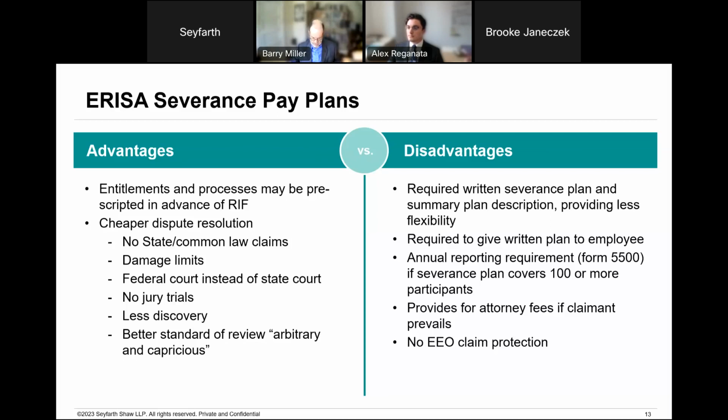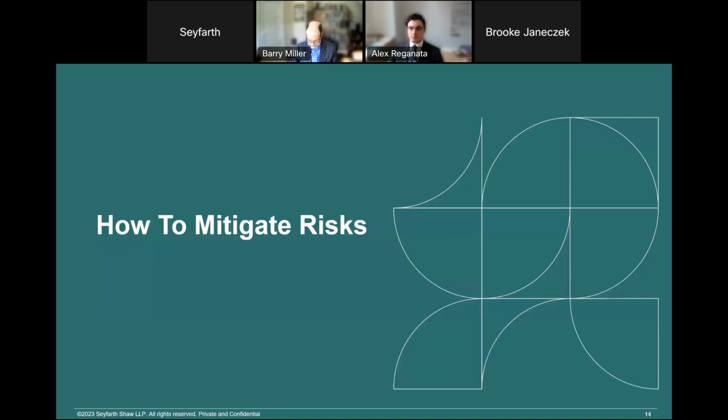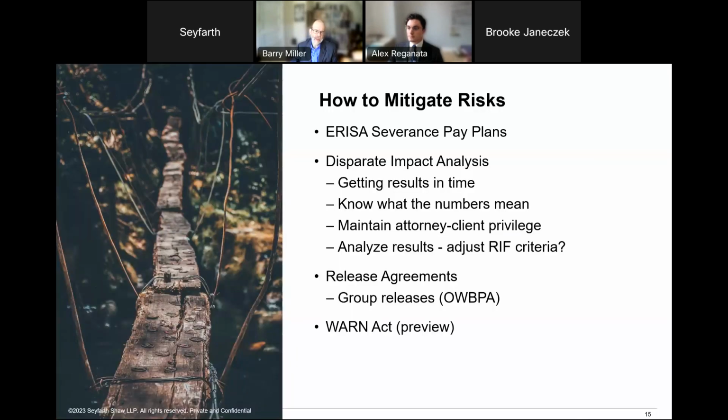With that, we can go to the next slide. One thing that I'll add, this slide captures the ERISA severance pay plan that I just spent a few minutes talking about. And the reason that we've decided to include that topic in this presentation is that clients ask us about those all the time. When we're dealing with clients who haven't done a RIF recently, in-house counsel and the HR team very often surfaces this question: should we have an ERISA severance pay plan? And we've talked about the substance of that.